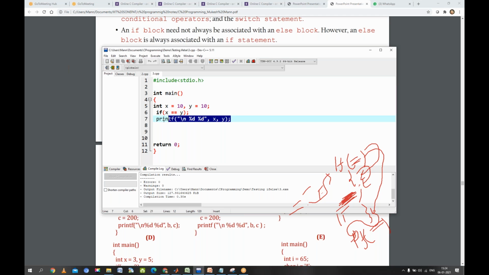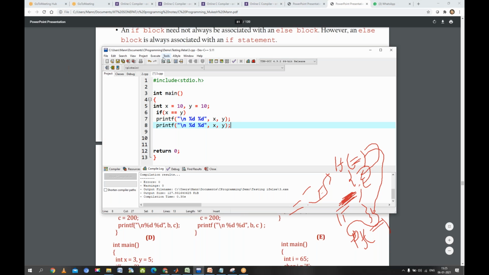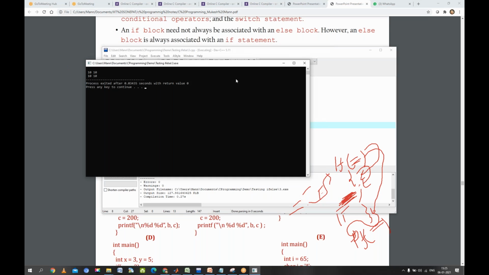Now let me change this and do some modification and print it here. Now what will be the output now? Sir, 10, 4 times. It will be printed 4 times. That same line, 4 times. Okay. So, are you getting the idea better now? Yes, sir.